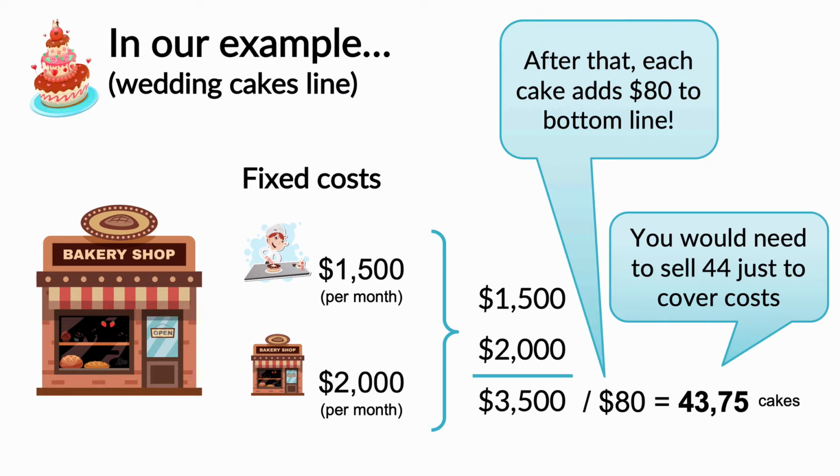Or do we need to take action to improve this minimum sales threshold, such as raise our prices or cut our costs? Because if selling these 44 cakes per month isn't a reasonable expectation, this business may have a huge problem. In this case, we would have to make a further analysis to understand if the $2,000 of fixed cost allocation is a fair one. And if we find that it is, then this business really has a big problem. And this is one of those issues that can be easily caught by doing a simple contribution margin analysis, and a reason why I consider it to be so important for anyone that's running any business.